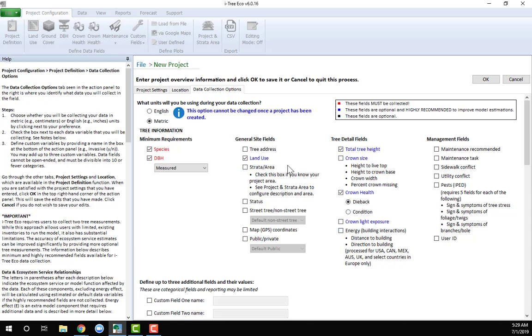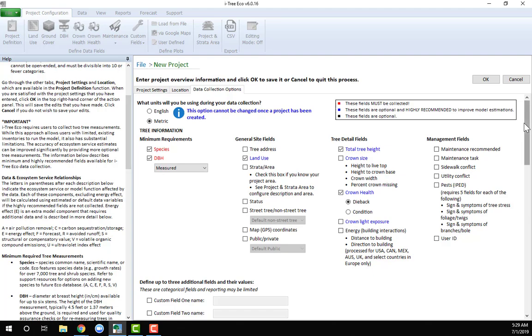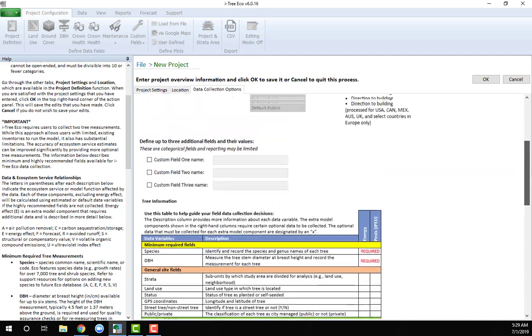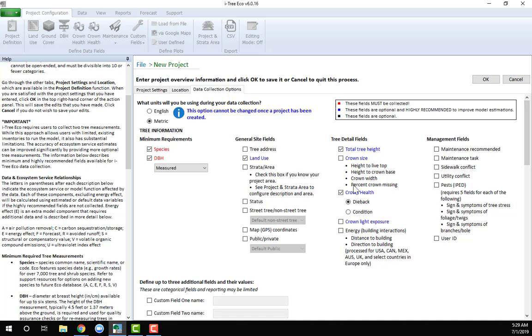Land use is somewhat easy to collect, so we can do that too. So these are all optional variables, and in the side panels, if you scroll down, there's an explanation of what many of these variables are. In most cases for a demonstration project you'd want to keep it somewhat simple, but you could certainly turn on the mapping coordinates, which are very helpful for collecting data. It allows you, if you have good internet connection, to actually GPS or use a tap and a map feature